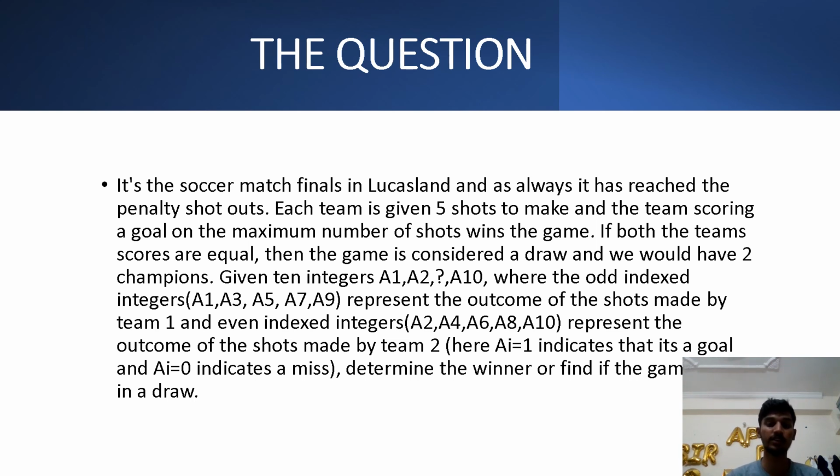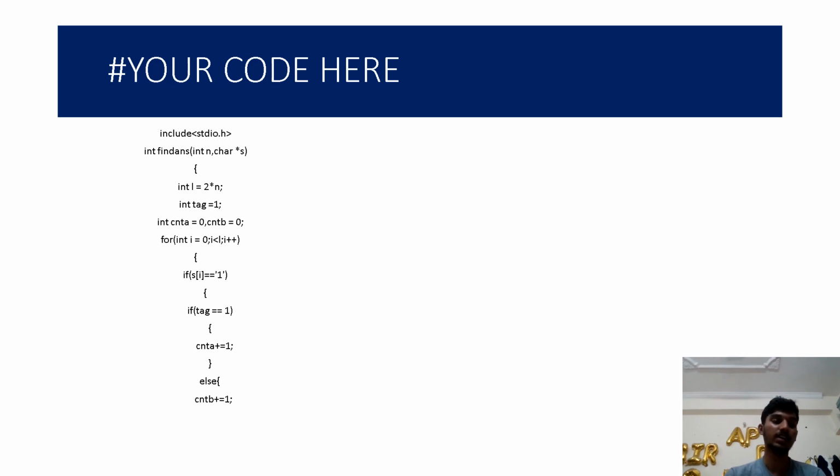And we have also been given odd indices, where A1, A3, A5, A7, A9 represent the outcomes of the shots made by team 1, and the even indices, A2, A4, A6, A8, A10 represent the outcomes of the shots made by team 2. And this is the problem statement, or the question, for which we are going to find out the code. So our code goes like #include <stdio.h>, which is a library in C,